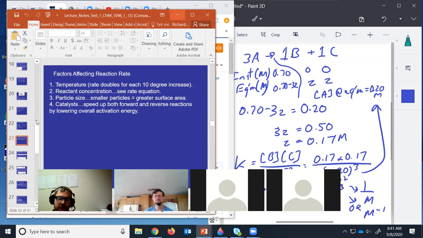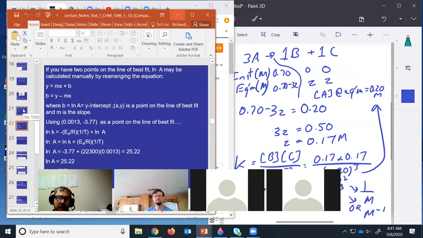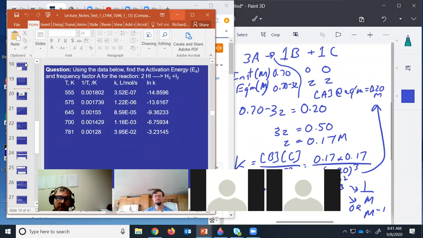I'm not really going to go over it in class. It's extra credit. It's not on the test, but you do need it for your lab anyway. But it goes through how to do those calculations. So for when we're calculating K for the reactants,